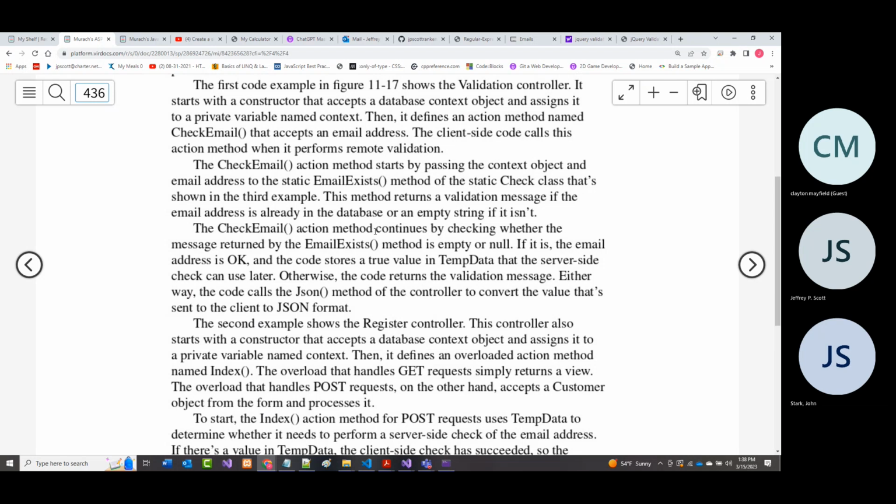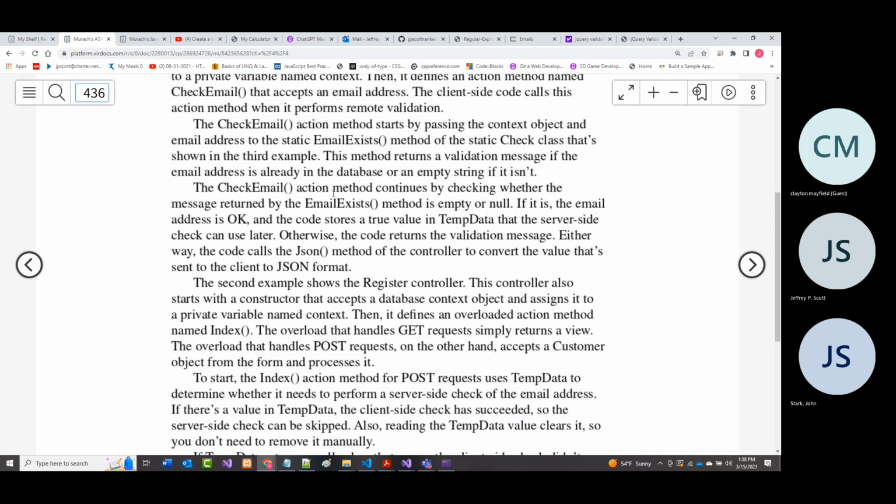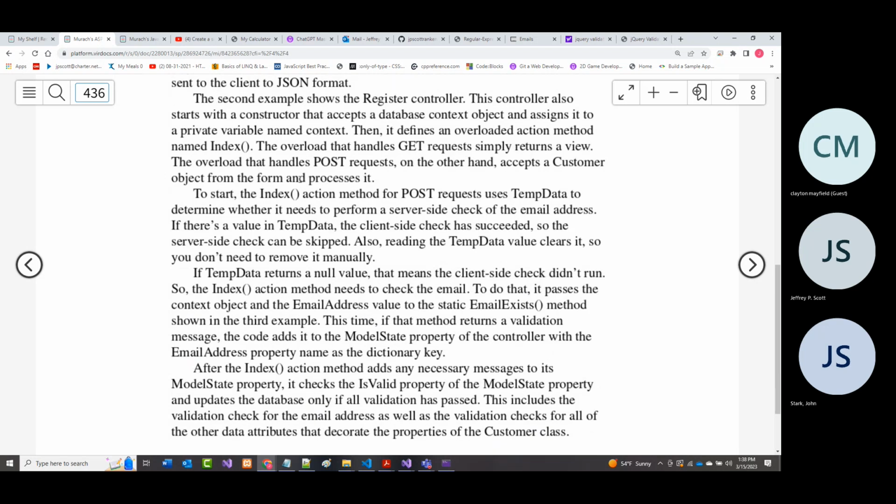With the check email, the important thing is, was what was put in there a valid email? And again, does that email exist? So you want to check at least a couple of things in there.